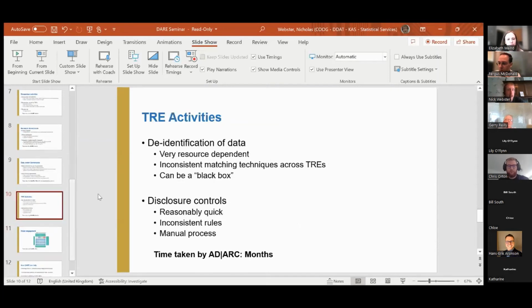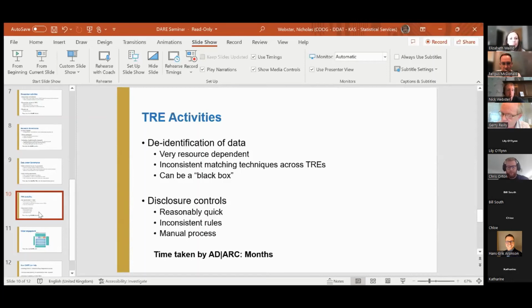Then finally, TRE activities. We've touched on them again, but just to say that also takes a little bit of time. The identification of data is very resource dependent. The identification between the TREs is all quite solid, but is done in different ways, which means that if you sent some data to one TRE, it would be anonymised in a different way to a different TRE, which isn't the biggest issue, but it can cause problems when you're trying to aggregate results from across 4 different countries, and it can be a bit of a black box just figuring out what the methodologies are in each of the